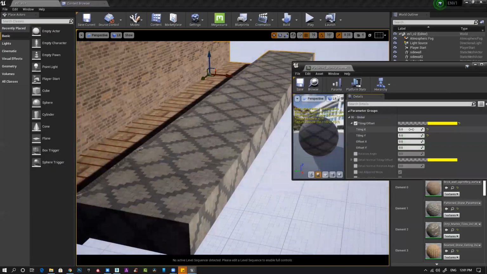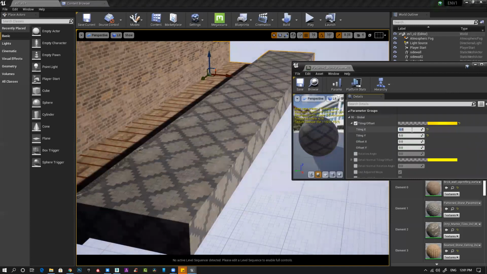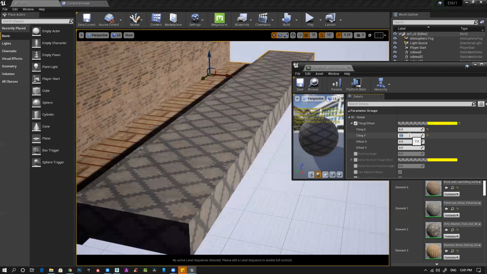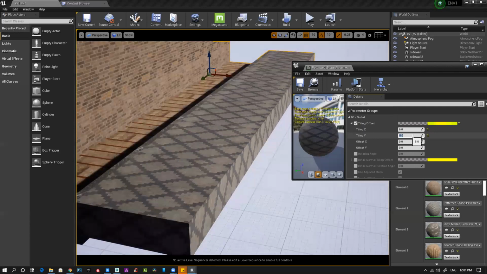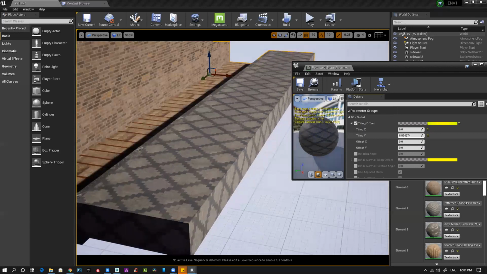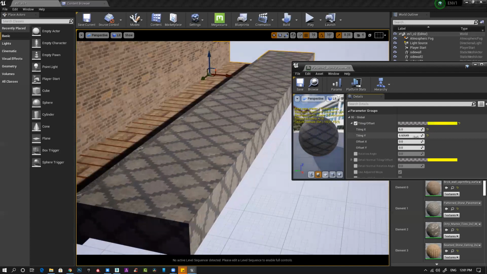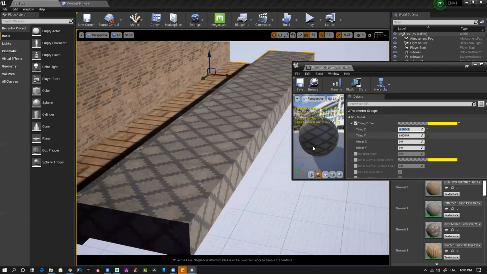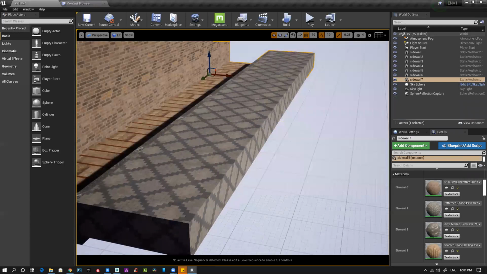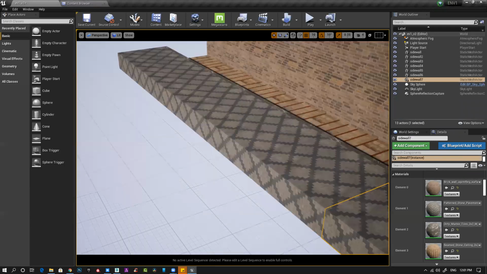So I need to change it, maybe 6, maybe 7, 8, or, yeah, 6.6 something. Copy this and paste here also, so it stays the same everywhere. Now you can see seamless tiling, right?